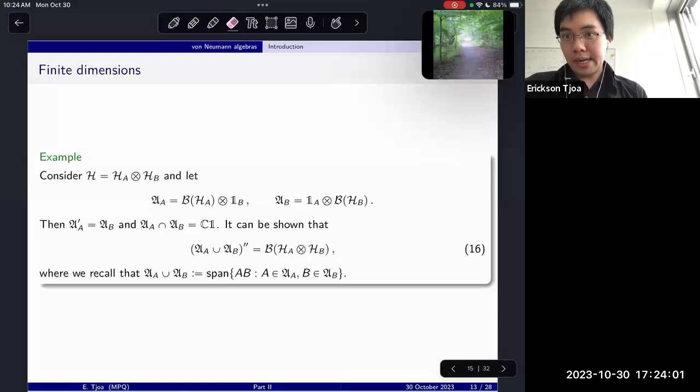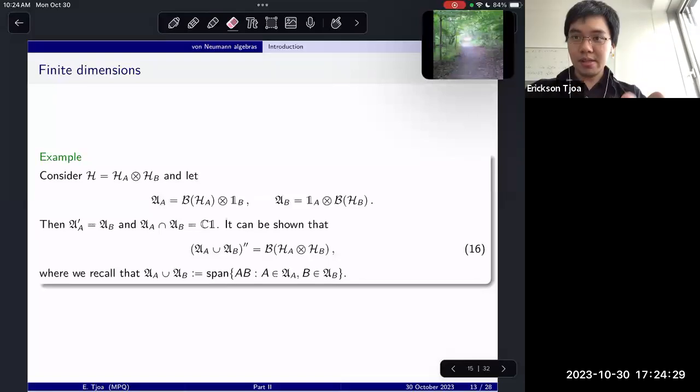And then one can show that the definition of the two algebras generating the Hilbert space, generating all the operators on the Hilbert space, is basically this. UA union UB is the span of all possible products of the two algebras. And if you take the bicommutant, you will get the entire Hilbert space on HA